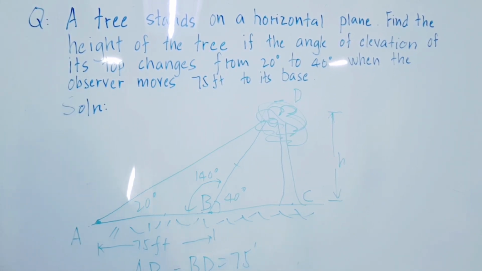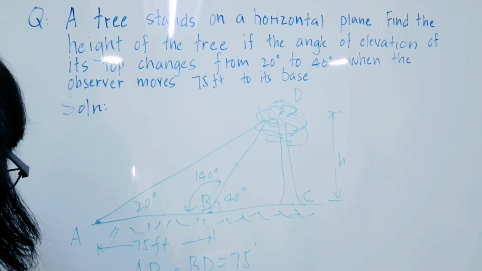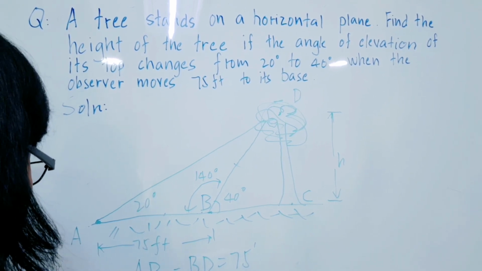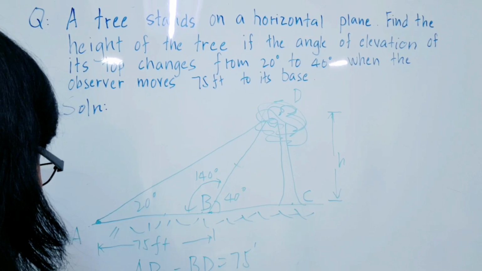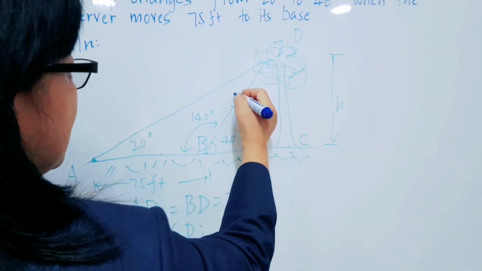Now, in triangle BCD, if we will designate this one from B to D as X,